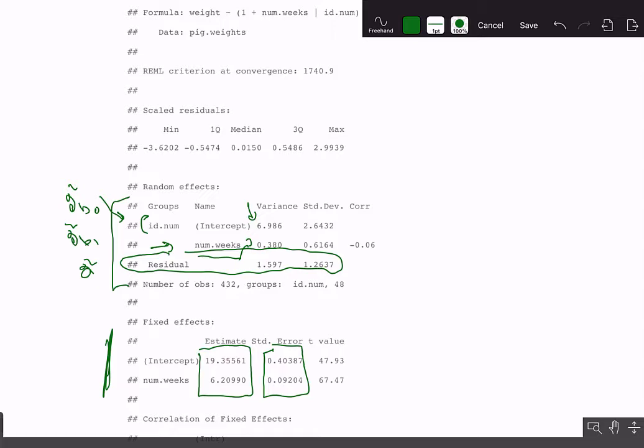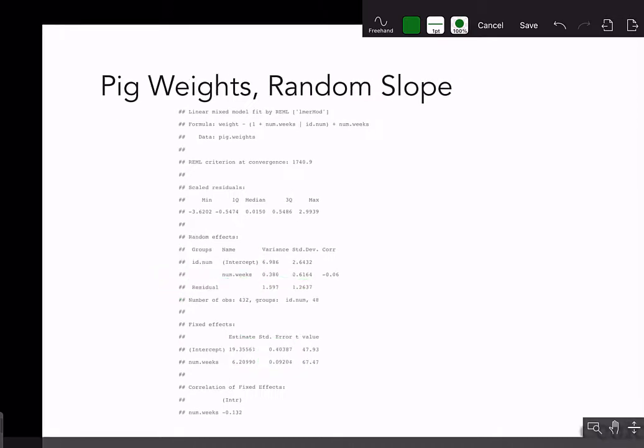That really indicates to me that the intercept is probably absorbing more variance than the slope and is probably a more important component of this model, but we can look at that visually in the next couple of slides. And then the last thing to